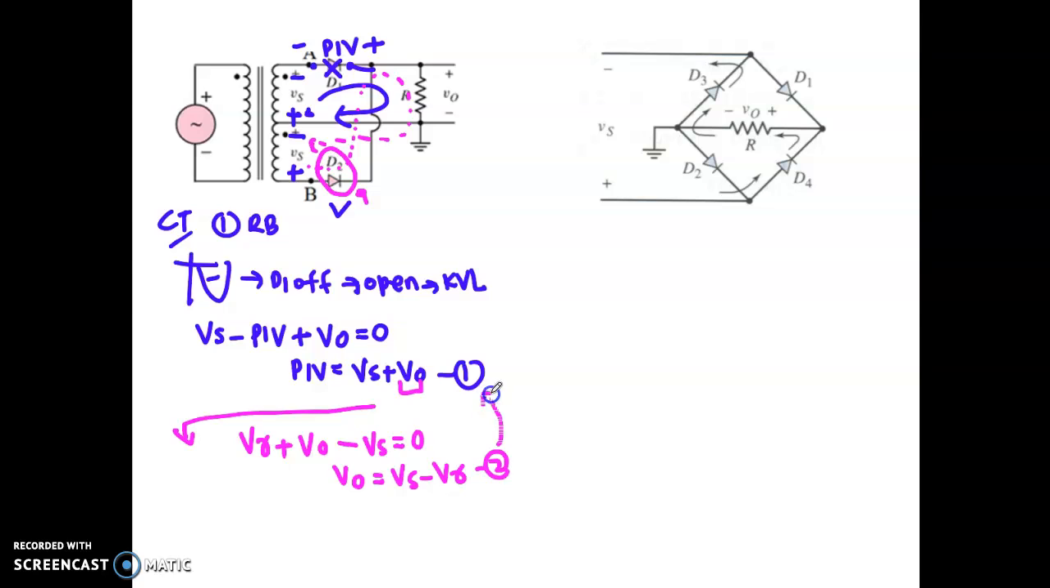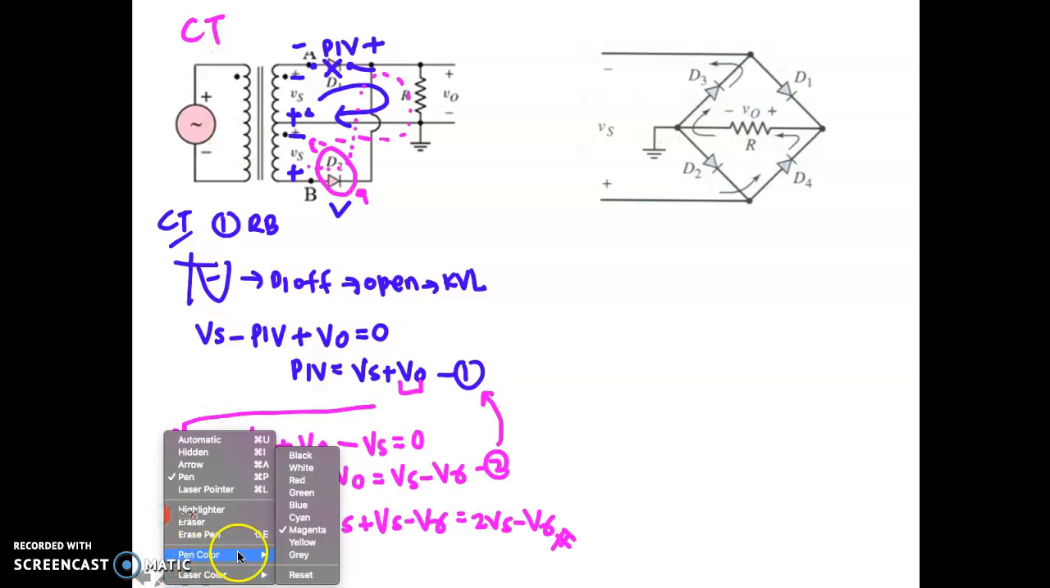Replace equation 2 into 1, so you get your final PIV equals Vs plus Vs minus V gamma, equal to 2Vs minus V gamma. This is the equation for your PIV for the center tap transformer. Okay, so let's move to the